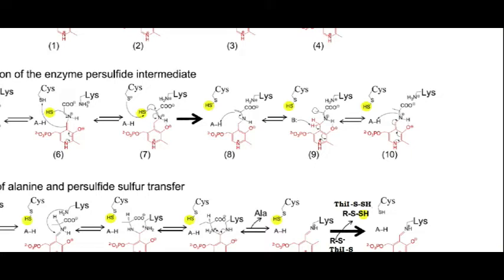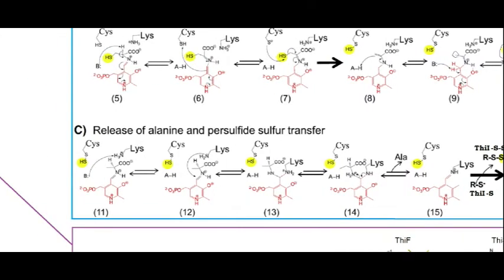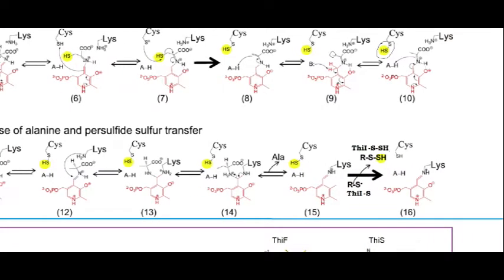But sort of the takeaway here is that we've now generated this persulfide here on our cysteine, which is the thing we wanted to do. The rest of this is sort of just bookkeeping with the rest of what used to be the cysteine. So I'm not going to go through that here in detail, but it does get released as an alanine, which, so an alanine is just